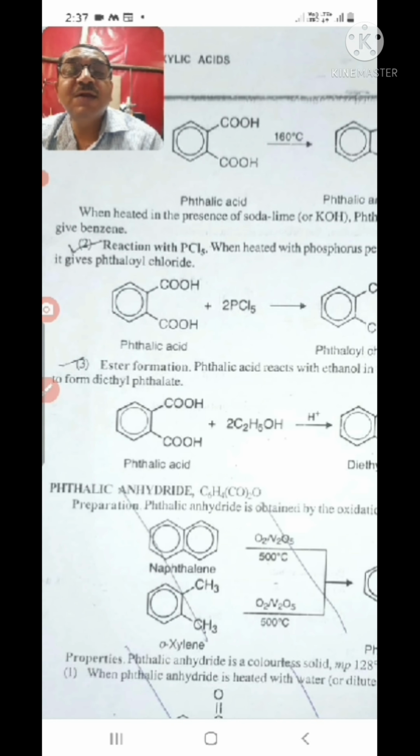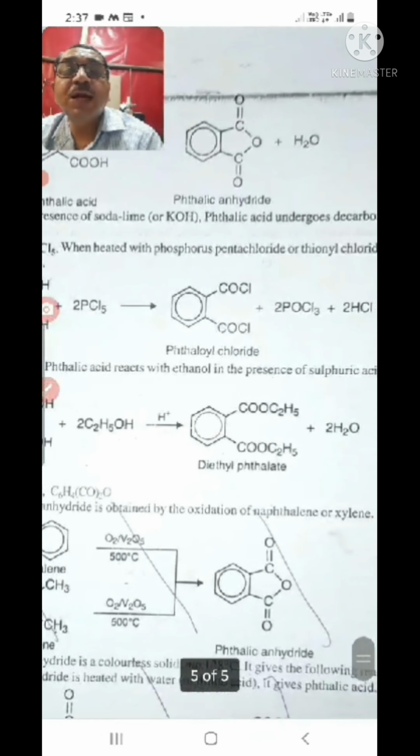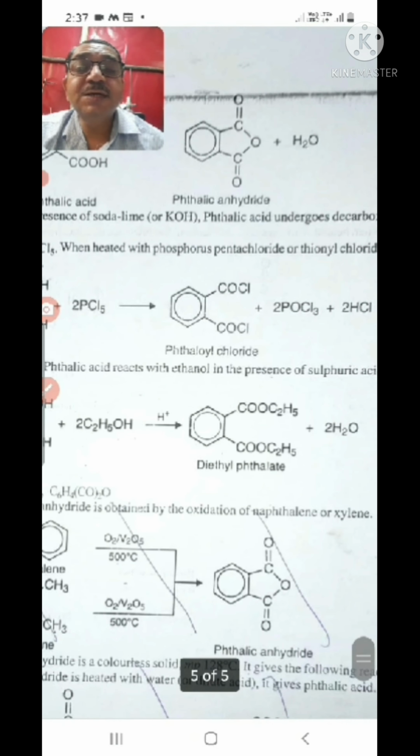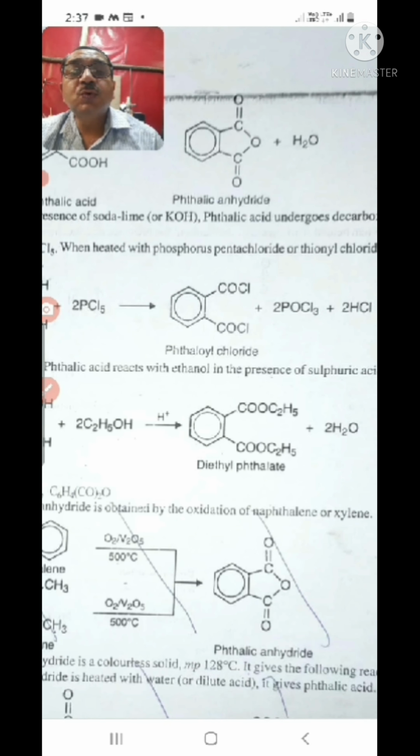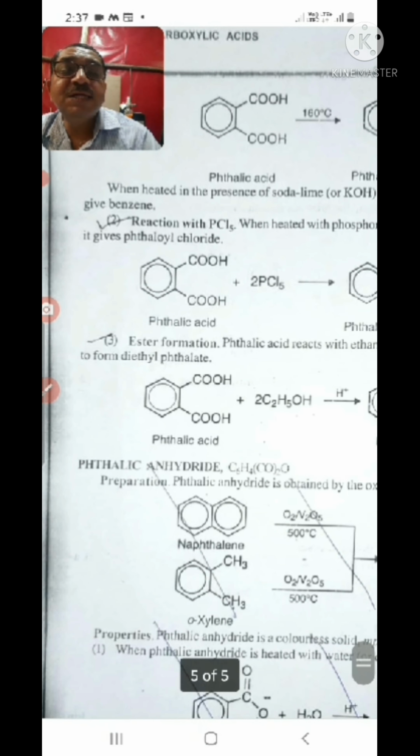When we treat PCl5 and phthalic acid, we get phthaloyl chloride. Here 2 COCl is shown, means 2 COOH groups are replaced by COCl groups, plus POCl3 plus HCl. Another reaction part, that is ester formation, means when we treat this acid with alcohol part, that is